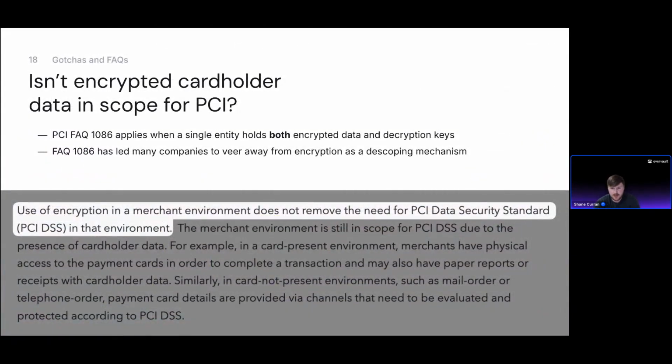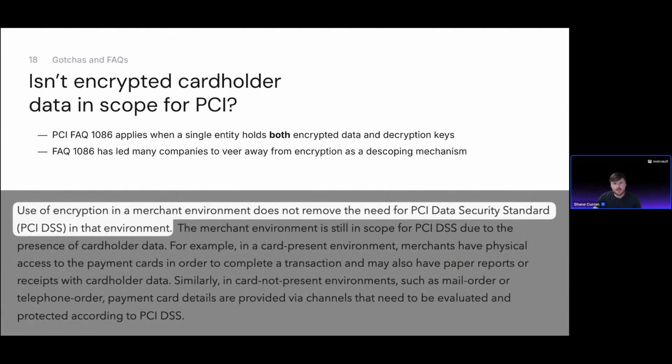The first of them is this common rebuttal that encrypted cardholder data is in scope for PCI. I alluded to this earlier on, but PCI FAQ 1086 that I referenced claims that encrypting card data does not eliminate the need for that environment being in scope. So this is a direct quote from PCI FAQ 1086. And as a result, it's led many companies to veer away from encryption as a descoping mechanism. Encryption in and of itself, the spec is totally correct, is not enough to reduce PCI scope. And as a result, that's where some of the dual custody advantages come in and combat that